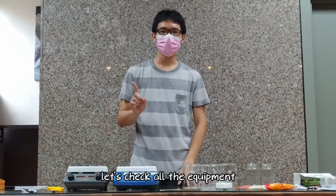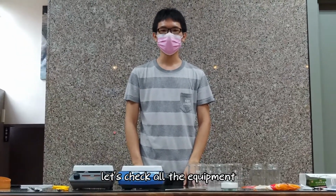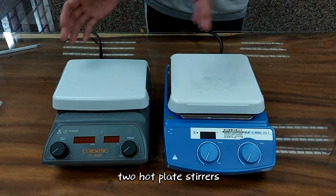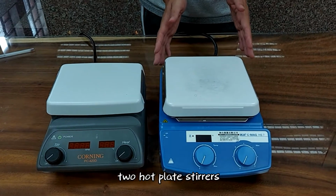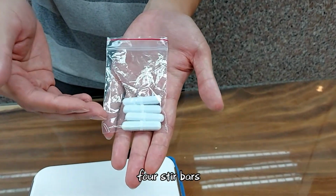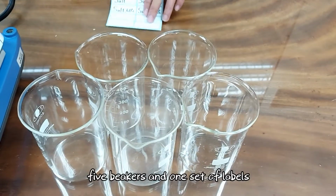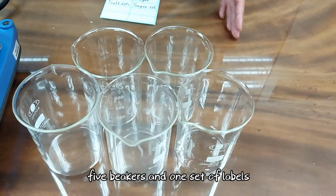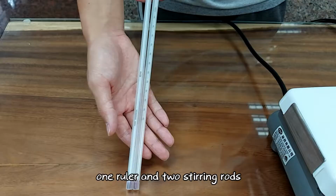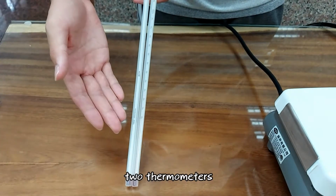First of all, let's check all the equipment. 2 hot plate stirrers, 4 stir bars, 5 beakers and 1 set of labels, 1 ruler and 2 stirring rods, 2 thermometers,